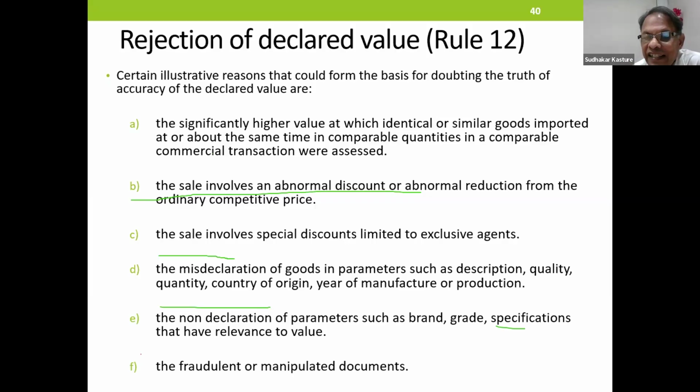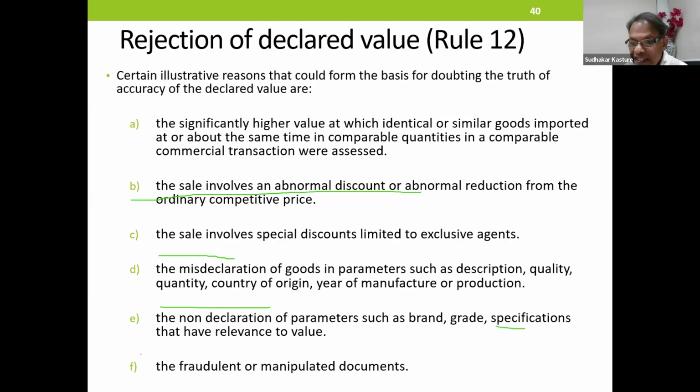Second, the sale involves an abnormal discount or abnormal reduction. In other words, normal reduction or normal discount is permitted. But from which value? From the ordinary competitive price. Third, the sale involves special discounts limited to exclusive agents. Government believes price is definitely influenced.